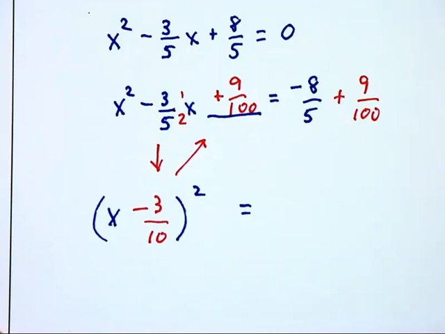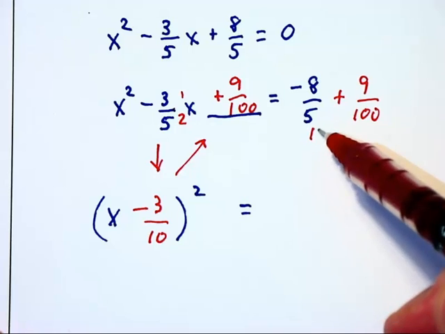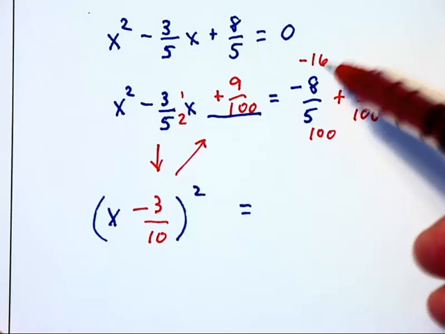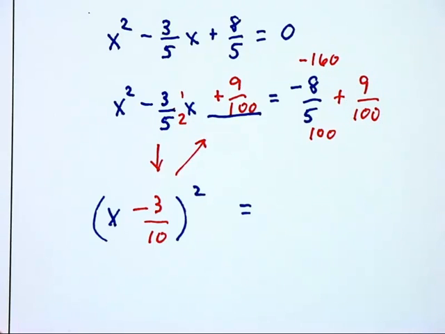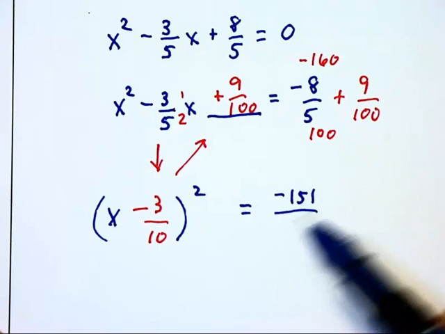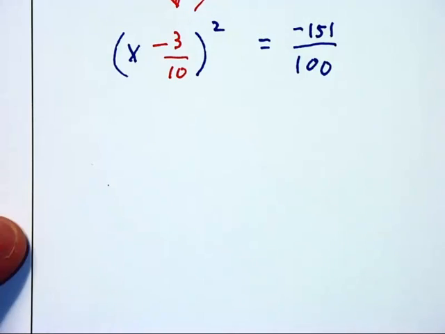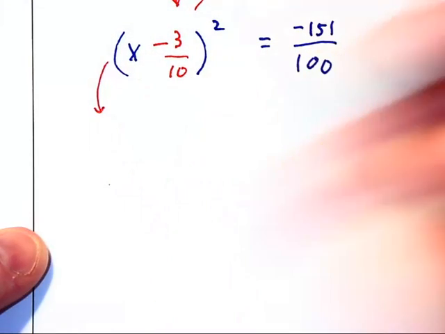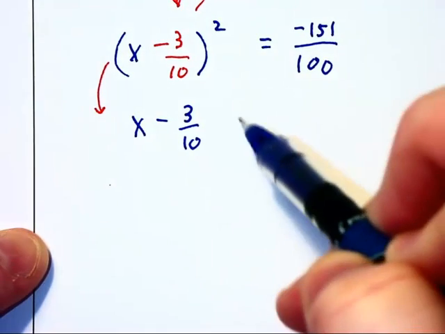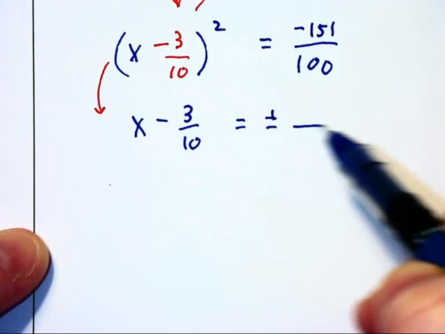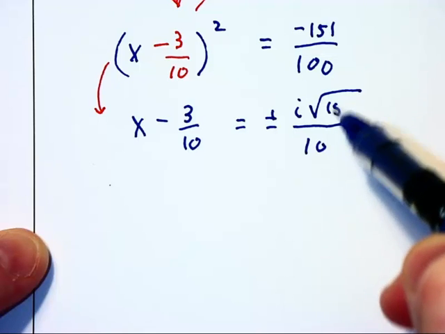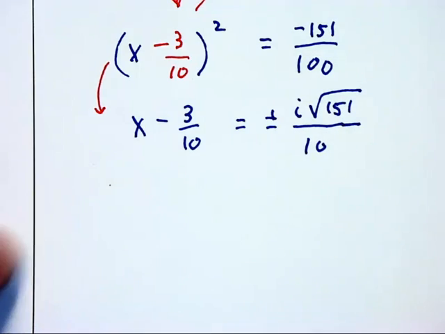On the right hand side, I'd like to have a common denominator of 100, so I'm going to multiply the denominator by 20 and the numerator by 20 to get negative 160 up there. When I subtract in that numerator, I'm going to have negative 151 over 100. Now it's time to square root each side of the equation. This will give us x minus 3/10 is equal to plus or minus, well, the square root of 100 is 10, and we're going to have i square root of 151 in the numerator,